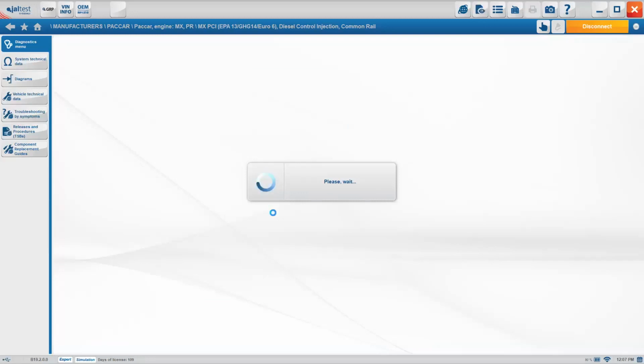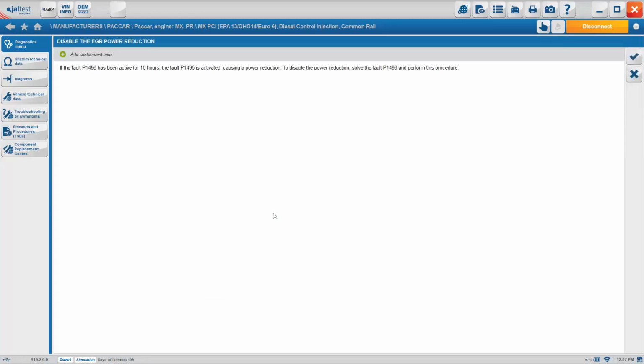And after that, just follow the steps. Make sure that you select the specific action. In this case, it is the power reduction disable. The first page is always going to be to check for the information that might be useful to carry